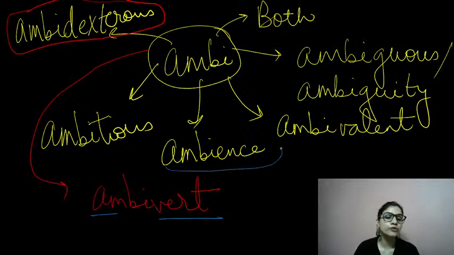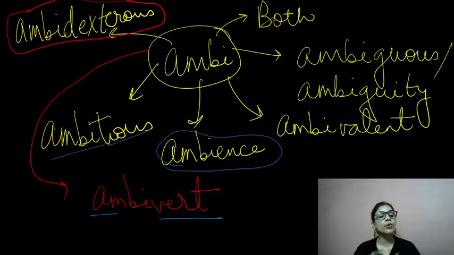What does ambience mean? What is an ambience, guys? Your surroundings, your atmosphere. How do you feel about things? That is an ambience. I loved his ambience. I loved the atmosphere around that place. So ambience refers to any kind of environment or the surroundings you're referring to. Ambitious, when you and your goal, they are in one direction. That is when you're ambitious, right? You are here, your goal is there, then you're not ambitious. Right? So ambitious means going in a single direction, both in a single direction.